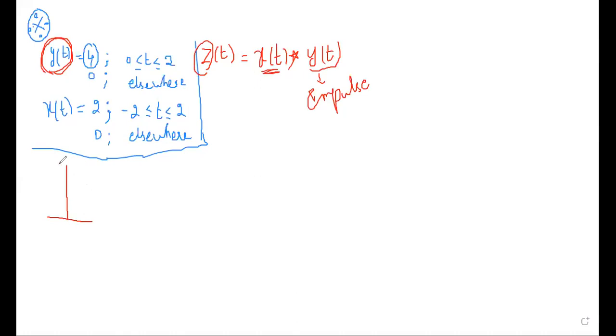So with this, I will start my diagram. So as per my problem, my original input is x of t and my impulse response is y of t. So x of t, I do not do any change. I will directly draw the diagram between -2 and +2. The interval is important. So the amplitude is 2. Okay, the amplitude is 2. I have completed the diagram x of t.